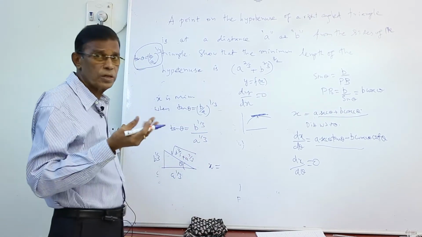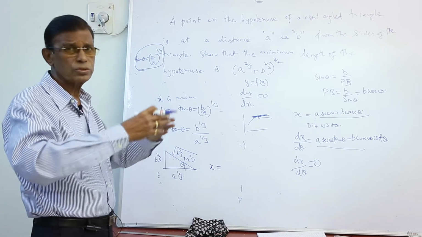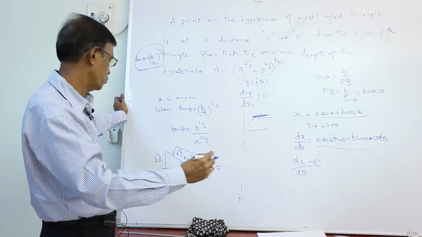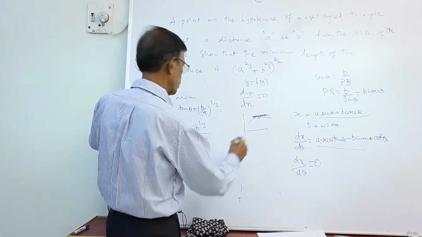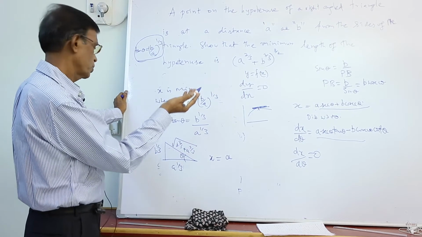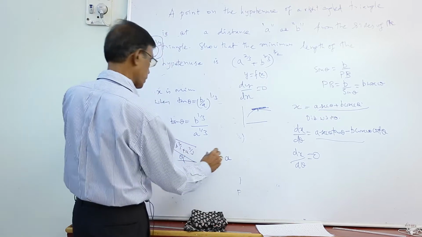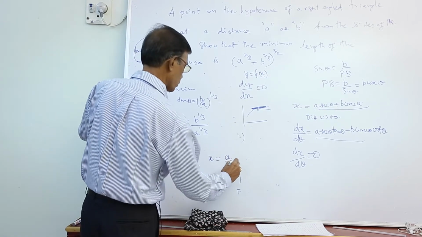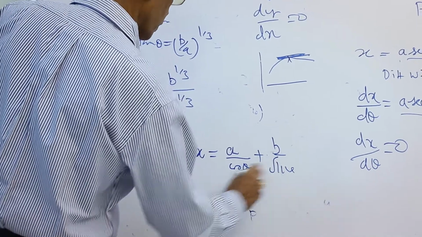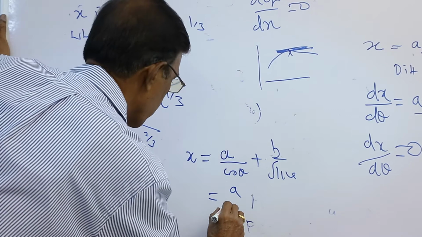Sometimes some problems will have more than two methods, alternate or short methods, and sometimes it will take a lot of time. Now here x equals a secant theta, that is your a, you can now write this as a cos theta, b sin theta, that is your a by cos theta, which is nothing but